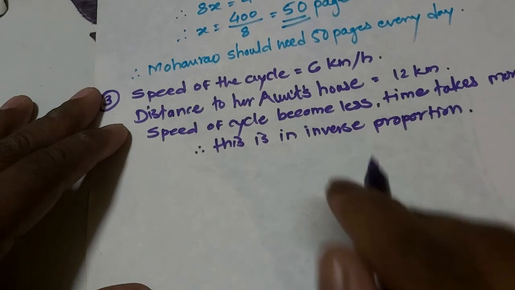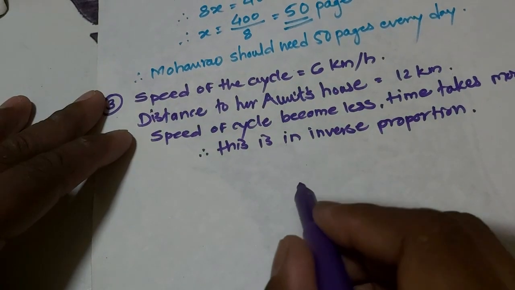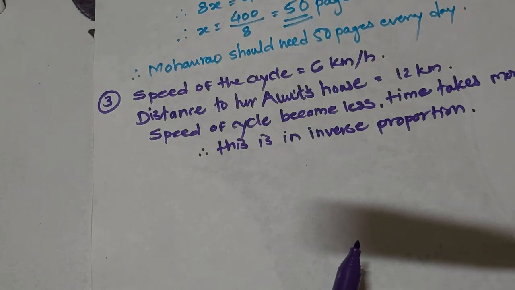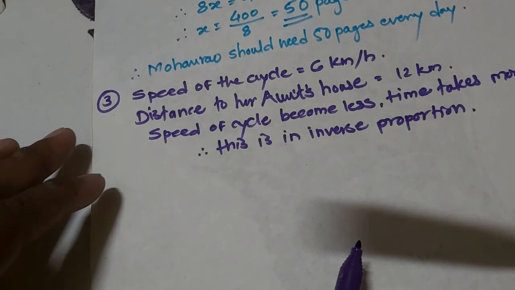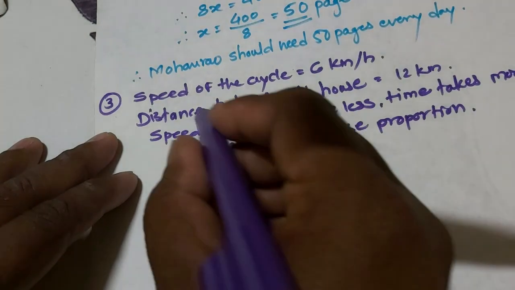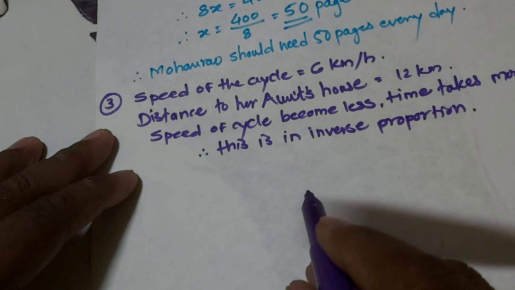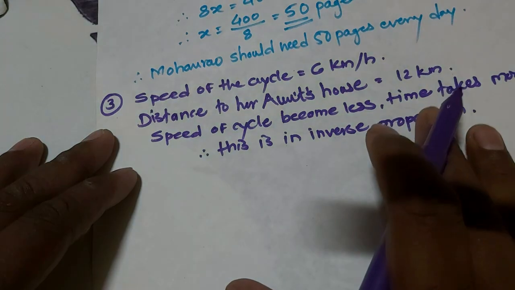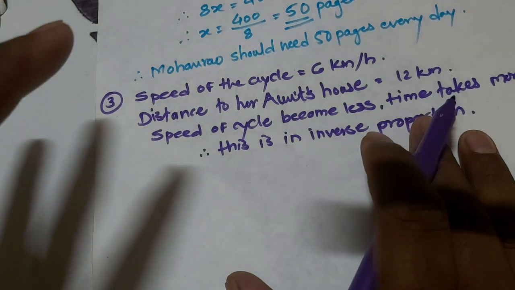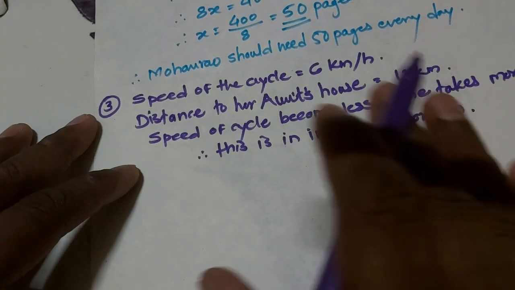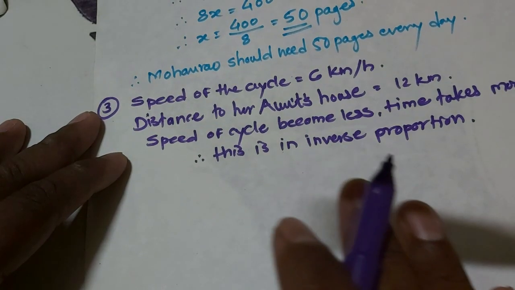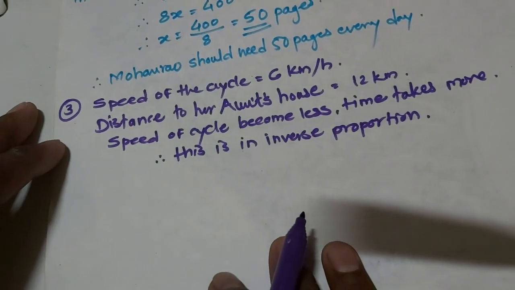Okay, now here students, there is a formula in science: distance is equal to speed multiplied by time. Okay, so we'll use that formula because here distance, speed and time are given. That's why I explain the examples here students, because I know these examples are a little bit different from the previous practice set. Okay, so just look here and write down the examples. I give you the time to take a screenshot also.